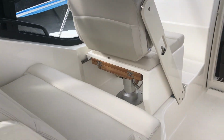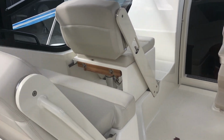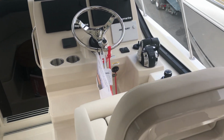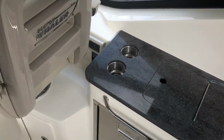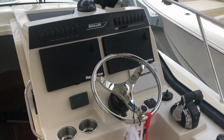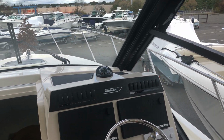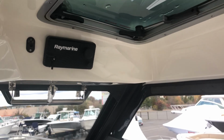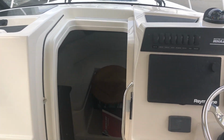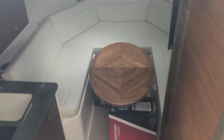As we move into the cockpit, you'll see the new design where it allows at least 3 people to face forward and converts into an L-shaped lounger if you prefer that instead. Got a nice little wet bar, great electronics including joystick piloting, 2 12-inch screens, got the optional port lights, half glass windows. As you move down into the cabin, got a beautiful V-berth, nice galley,